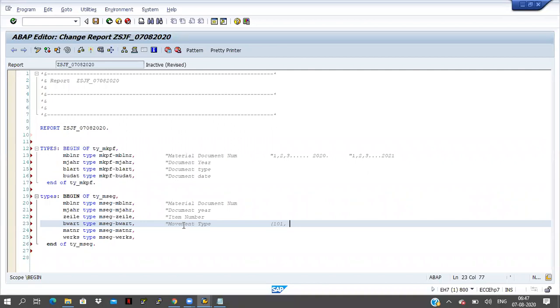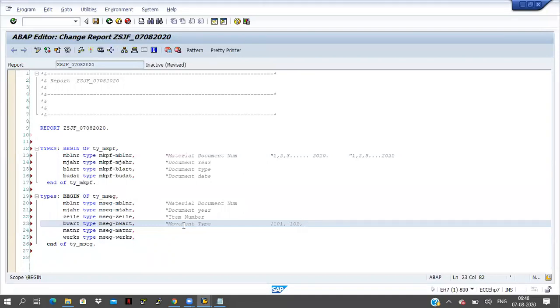For example, the raw material came and all is good, and we are storing the raw material in our godown. Now we have to send that raw material to the production team to produce one final product. The material is going from the godown to the production place, so at that time we have to maintain 102 movement type.